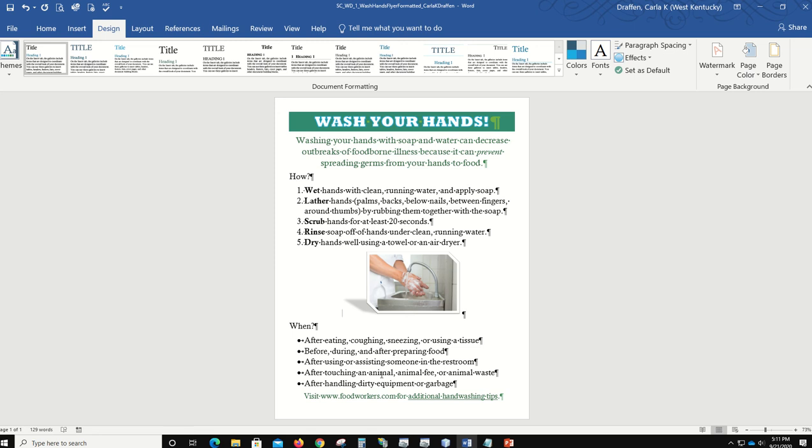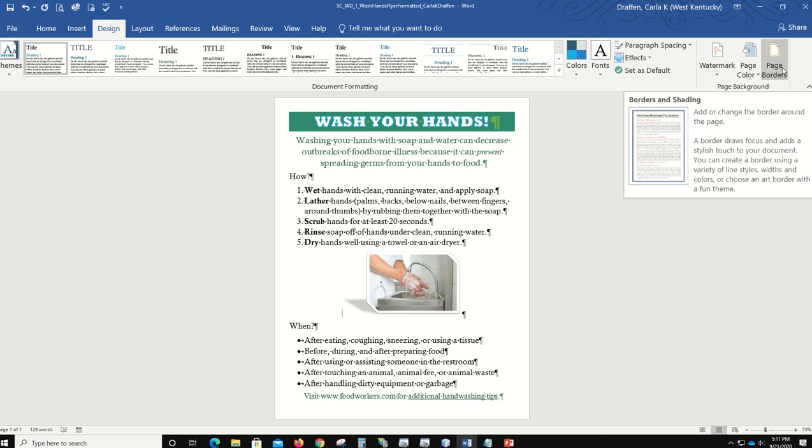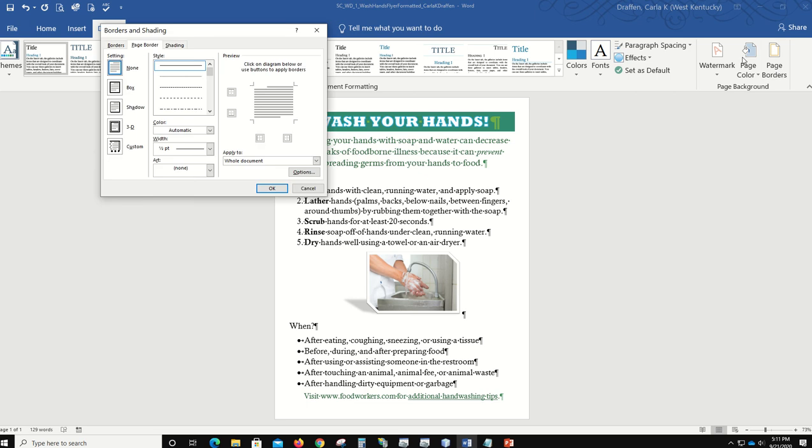Now, what about adding a page border? All right, while we're still in the design tab, we have page borders at the very end of this ribbon, page background group, page borders. They want us to use, and I've always got to look to see which ones they're using here. Click the box setting, so we'll choose box. And the style that they want us to use is from the bottom of the style list. So we'll just scroll to the bottom,